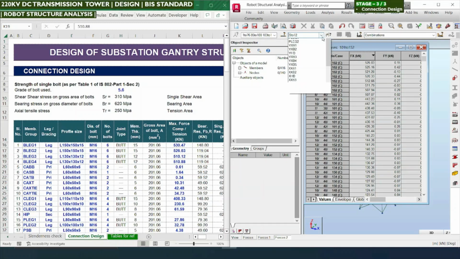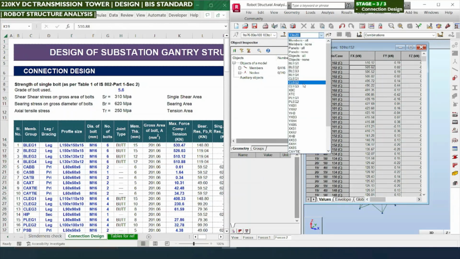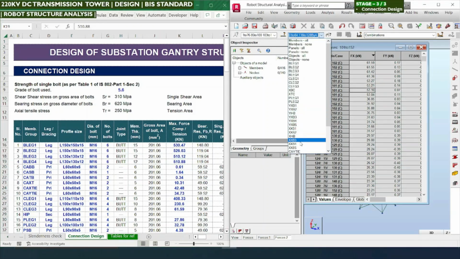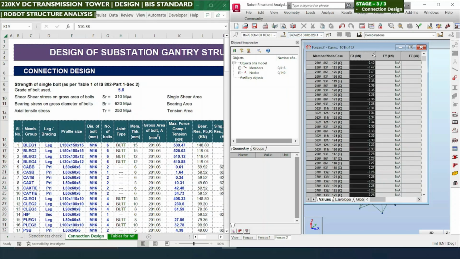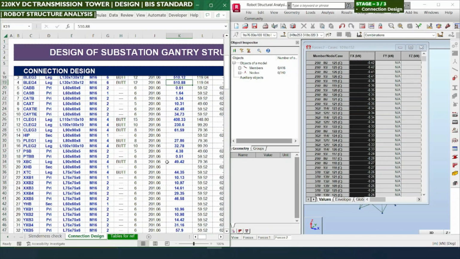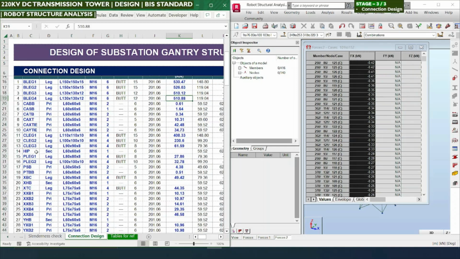Similarly, we need to check for other leg members, 526.03. Likewise for all the group members we can extract the maximum force value, and we need to enter it in this tabulation. Here the CABB value is very low, 0.61 only. So likewise we need to extract for all the group members. Here, the hip members